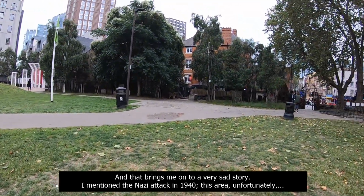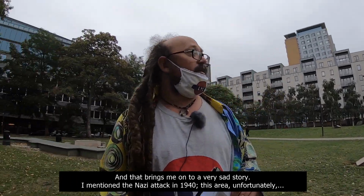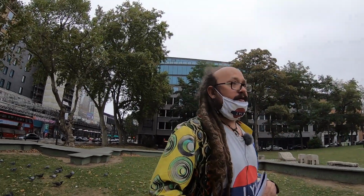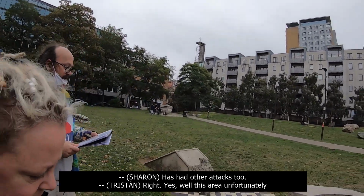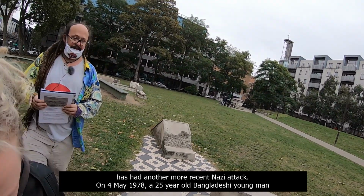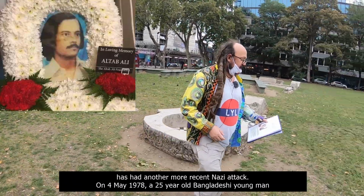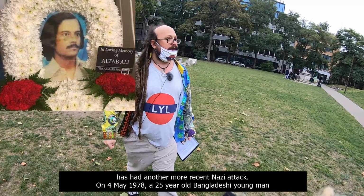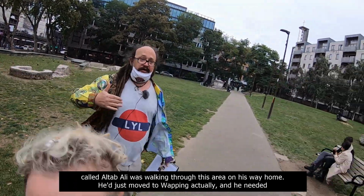I mentioned the Nazi attack in 1940. This area, unfortunately, has had other attacks too. Yes, well, this area unfortunately has had another more recent Nazi attack. On the 4th of May 1978, a 25-year-old Bangladeshi young man called Altab Ali was walking through this area on